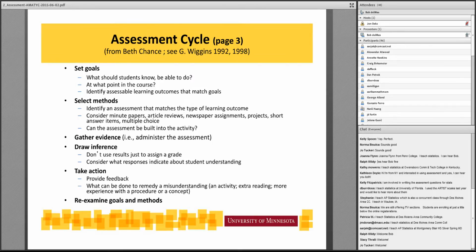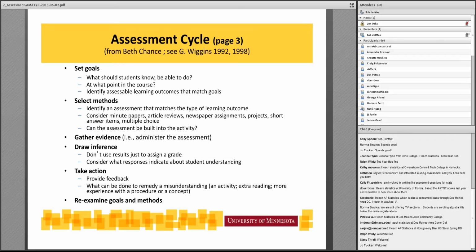And towards the end of this talk, when we look at a few items from the assessments, I hope to give you a feel about how not just the correct response, but the incorrect responses for well-designed items can tell you a lot about what students do and do not understand. And then the last part is you take action. Provide feedback to the students, not just that they got something right or wrong, but maybe what the response indicates about their thinking. Identify what you might need to do to remedy misunderstandings that they might have. And then you repeat the cycle.